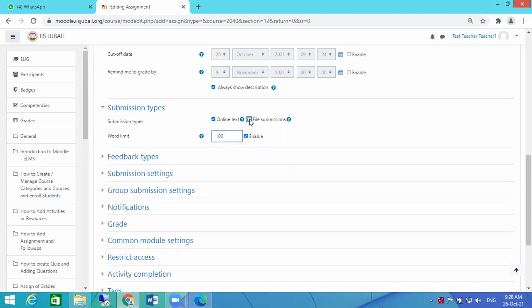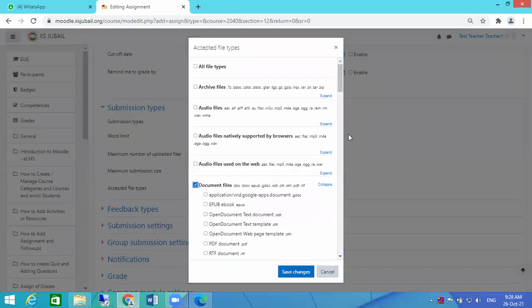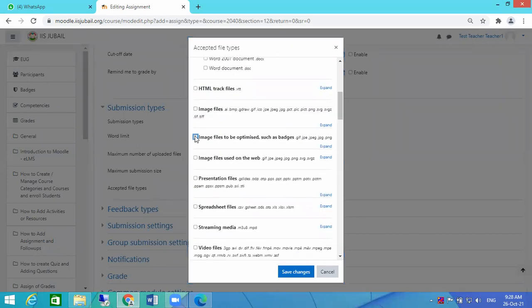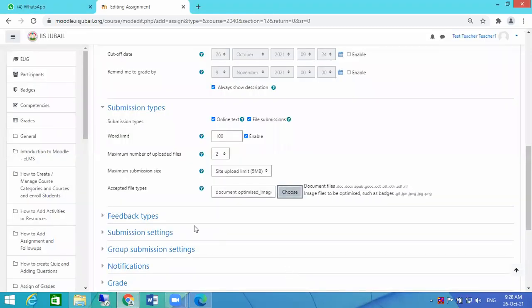And file submission. By default, file submission will be there. How many files do we need to submit? 1 or 2. I will give maximum 2 files, and the submission size will be not more than 5 MB. And then also we have seen the type of the files. Type of the files will be document, you can select all, and then image you can select all. Don't go for the specific at this stage. At any stage you don't go for the specific until you are sure, because you don't know what type the students are uploading. So you can just choose document and the image.